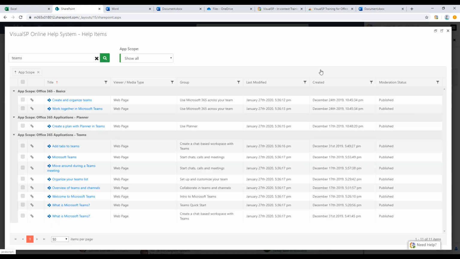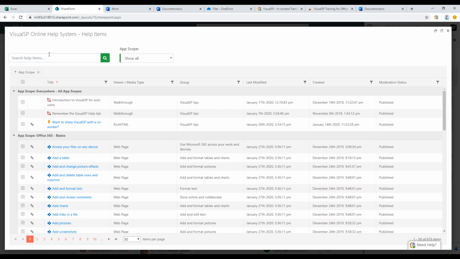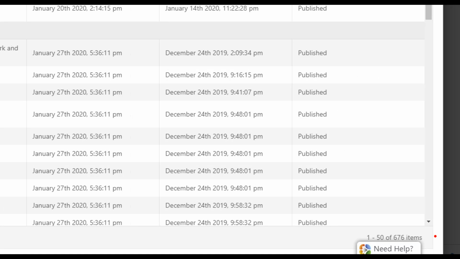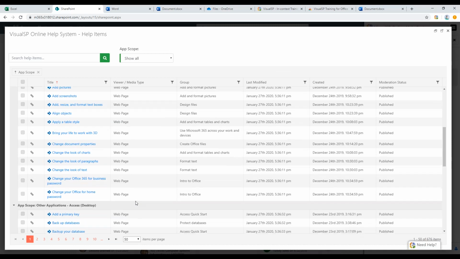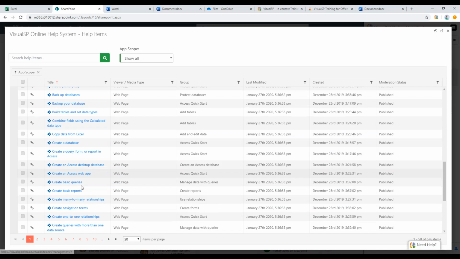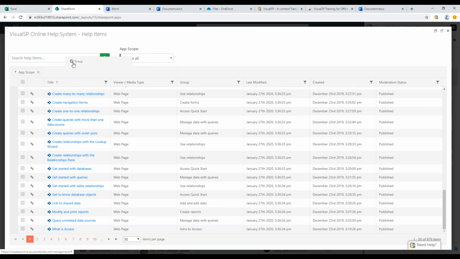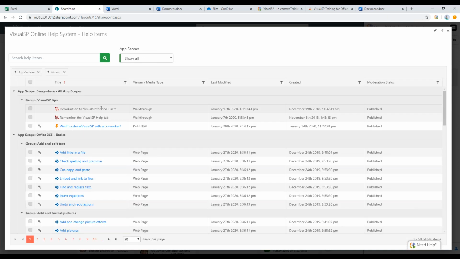If I also reset this, there's 676 items. That's good to know how many exactly there are right now, and that's going to be augmented with additional stuff as Microsoft comes out with more. But that's what it is currently, 676 items exposed here. I can start looking through it here. I can also put the group here, look at it within different groups,